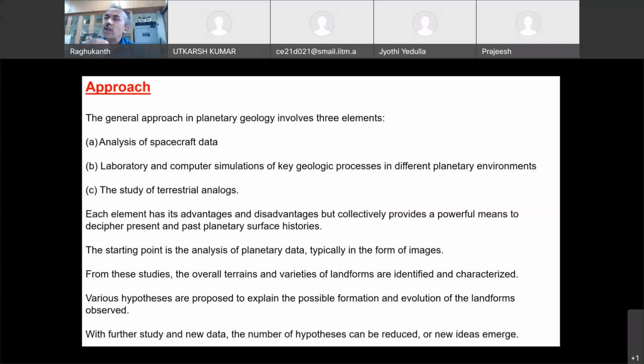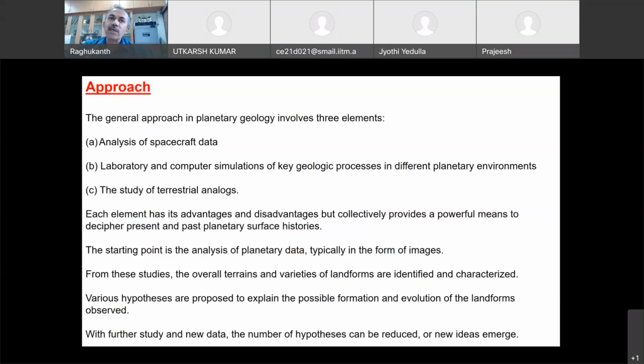And then the fundamental thing on which planetary geology stands is terrestrial analogs. We should have some kind of analogy, and only then will you be able to explain. So if you combine computer simulations with terrestrial analogy and then with the data set, you can test your hypothesis rigorously, and you may be able to extract the truth itself. So there are some papers where they do only A, B, C separately. But if you do it collectively, you will be able to